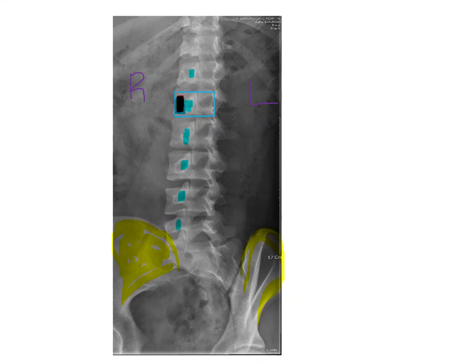Now, if the pedicle is projected more posteriorly on the body, then that would mean that the patient is over rotated, that they're rotated more laterally, so that they're rotated even more than 45, more than they should be. So pedicle projected posteriorly on the body is over rotation. If the pedicle is anterior,